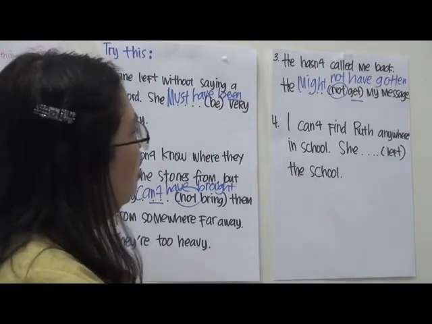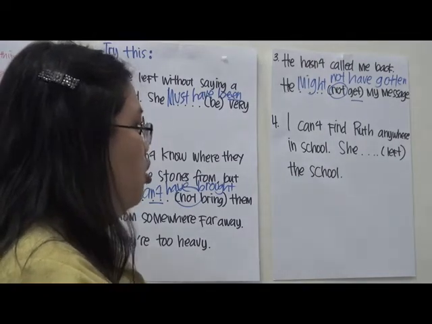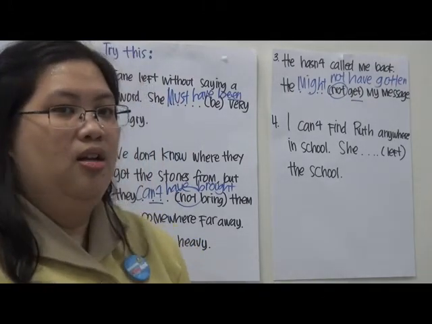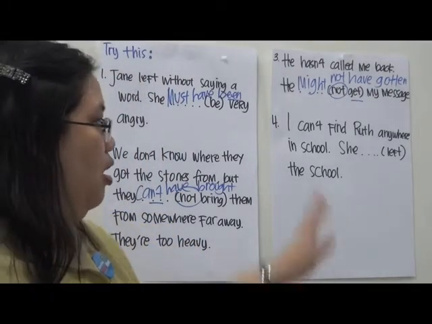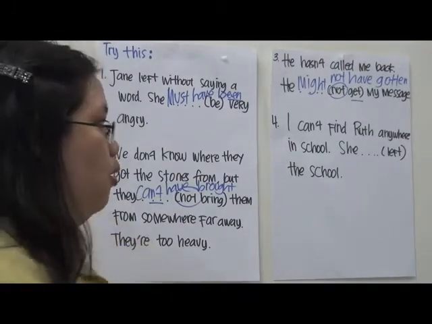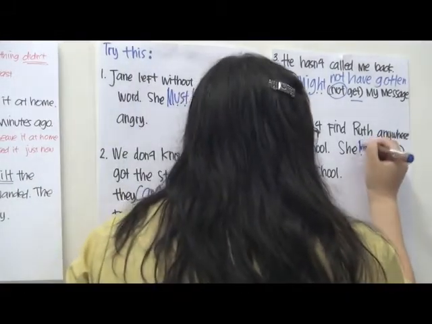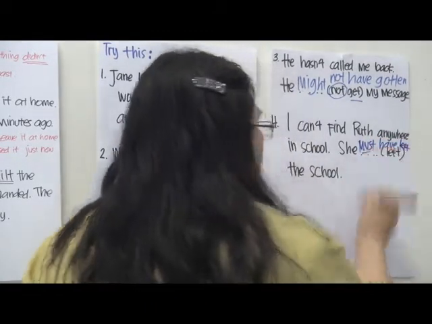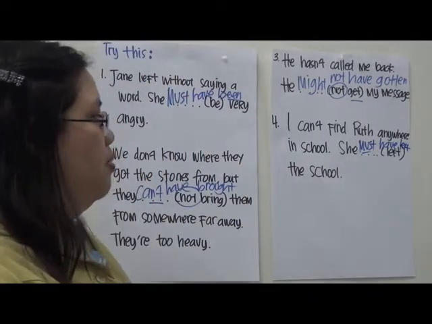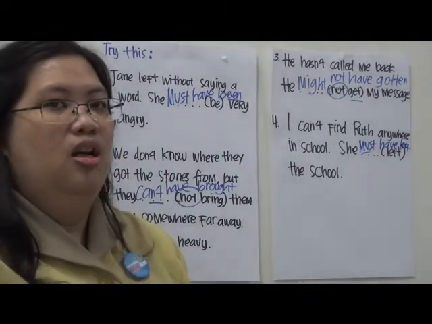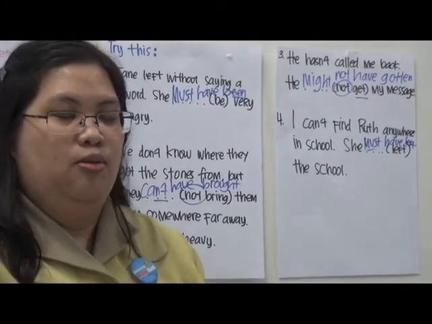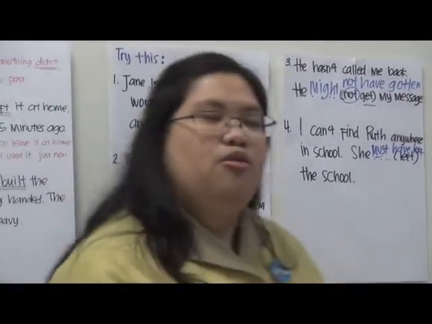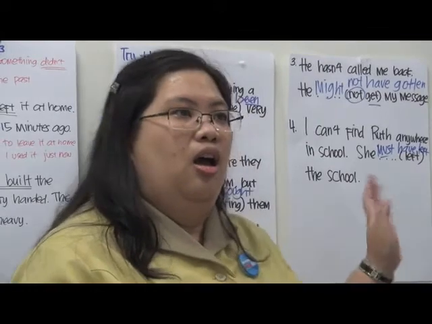Now let's try the last one. I can't find Ruth anywhere in school. She left the school. So you can't find the person anywhere. So you're sure. She has left the school. So we use must have left. We use must because we are sure the person already left the school. So I hope this explanation will help you to understand modals of deduction easier and